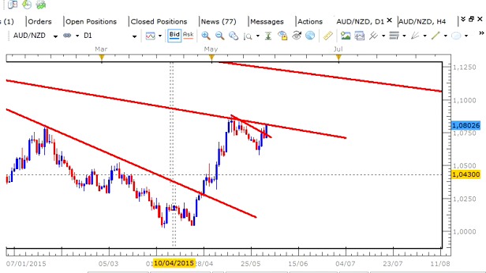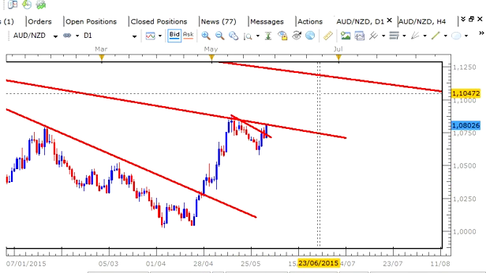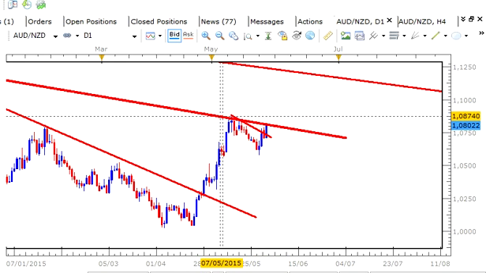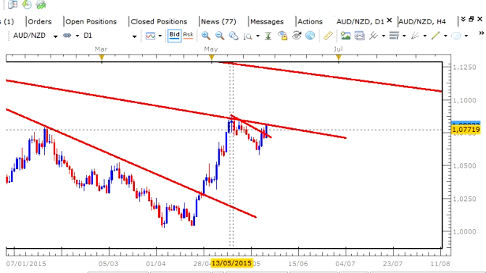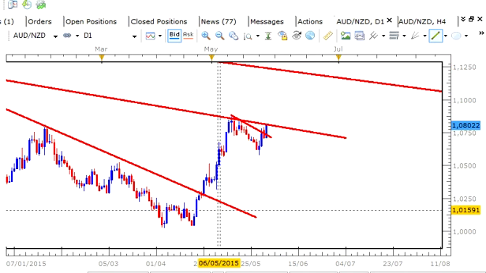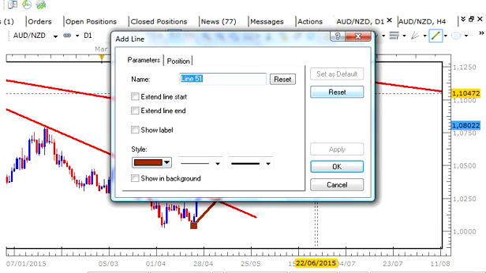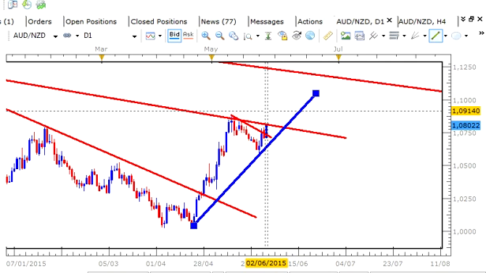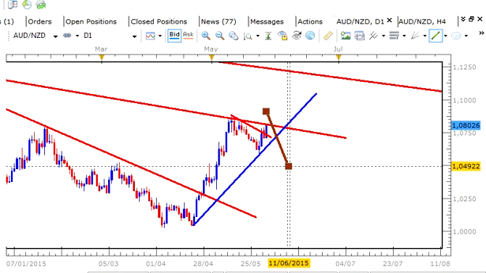However, as with all situations on the currency market, you always have to take into consideration the bearish possibility as well. If we see a rally that takes place and creates a high above this area here, the 108.82 area, then what this would have done is it would have created an uptrend line. If when it reaches this area here, we then see the market pull back to then break this uptrend line,